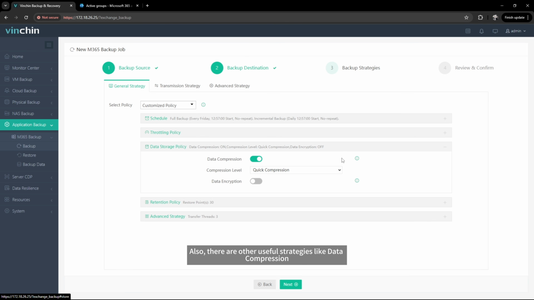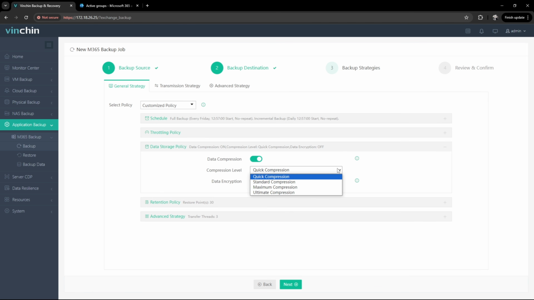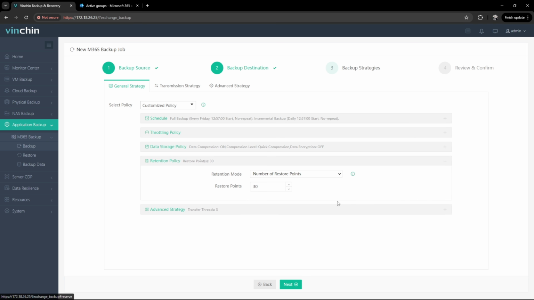Also, there are other useful strategies like data compression, retention policy,